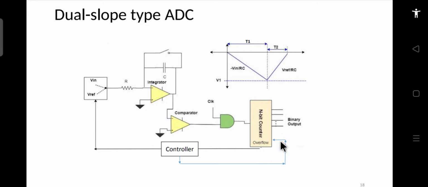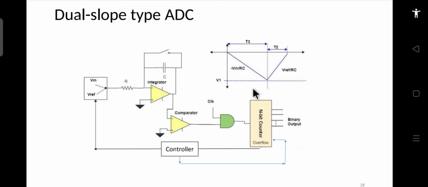So whenever this overflow generates, this switch at the input switches from one position to the other position. Earlier we assumed that this voltage was positive, now let's assume that this is negative voltage. If this is a negative voltage, then this integrator will now integrate in the minus direction, okay. So this minus is connected to the minus terminal, so then it will integrate again.